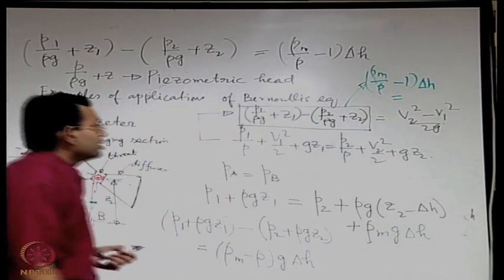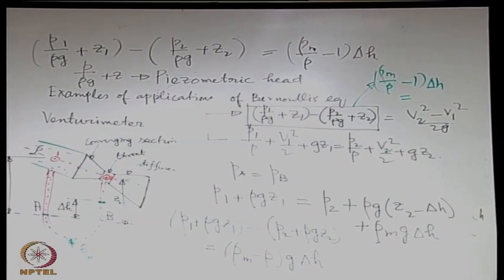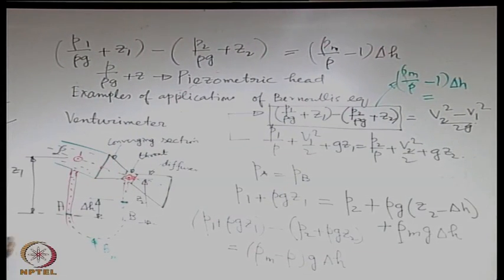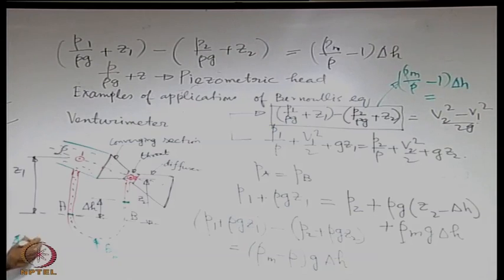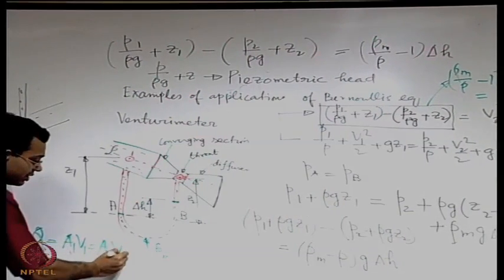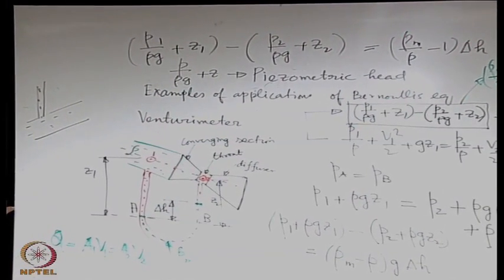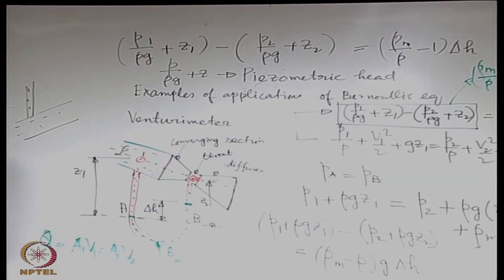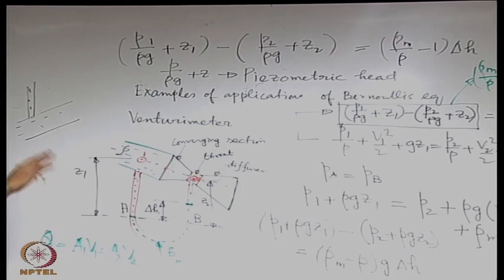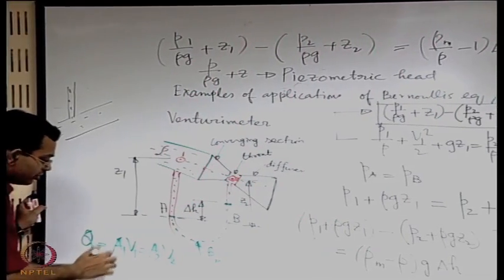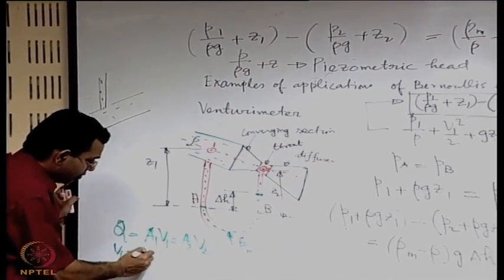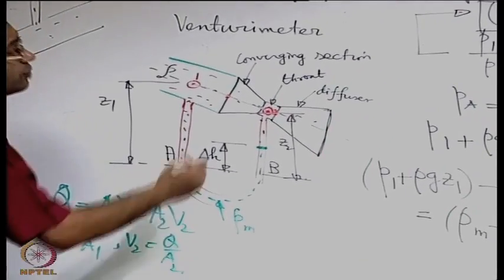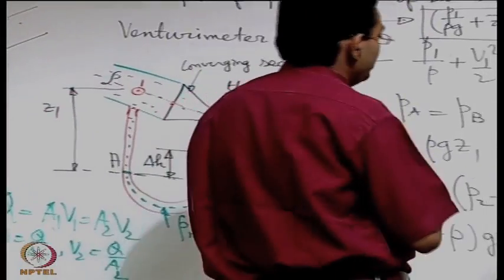now you can express V2 and V1 in terms of the volume flow rate. So if Q is the volume flow rate, then you can write Q equal to A1 V1 equal to A2 V2. Again, what are the assumptions? Rho is constant and it is a uniform velocity profile over the section, that is inviscid flow, viscous effects are not there. So you can write V1 as Q by A1 and V2 as Q by A2. So if you substitute that in this expression,